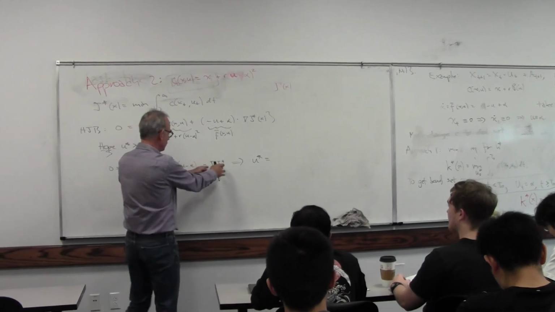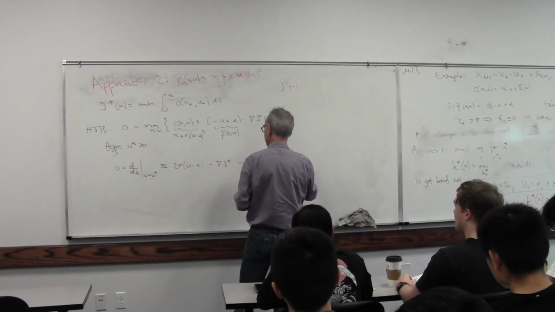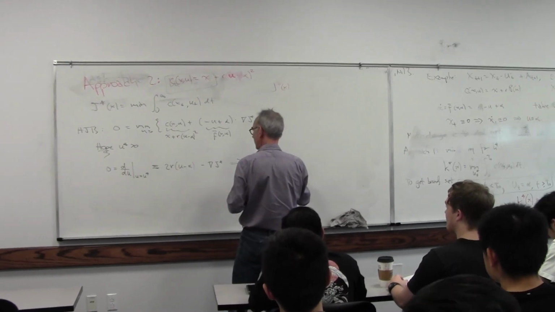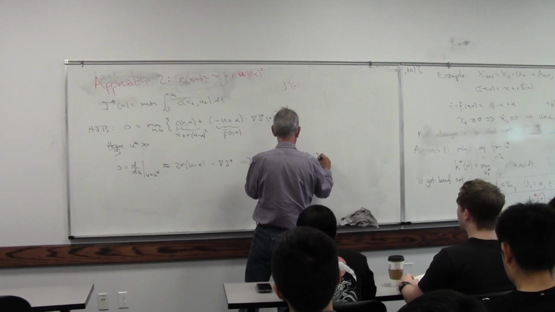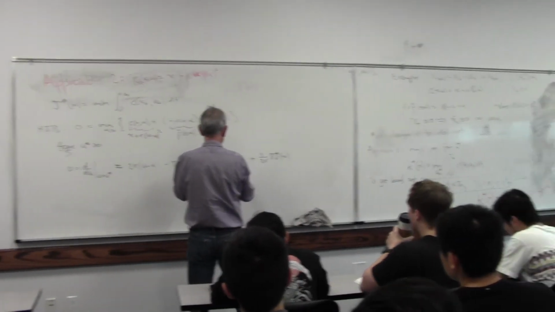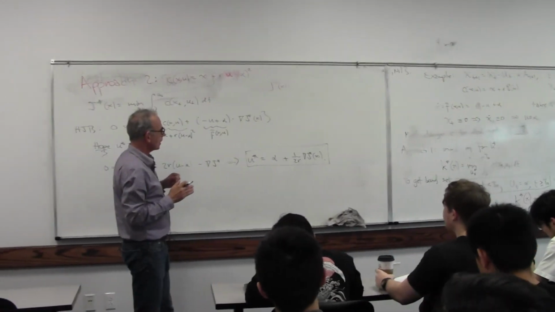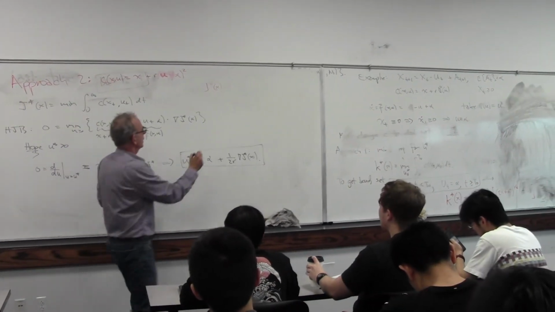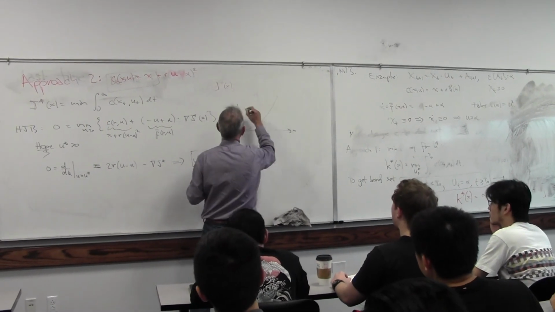So I put a grad J star on the other side, I add alpha. Okay, now J star, you can guess it's got to look like this,